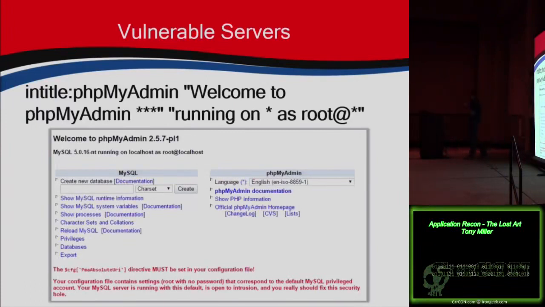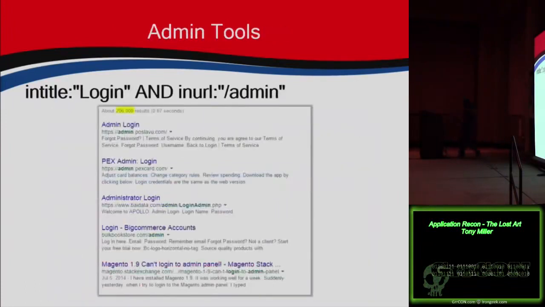So you can kind of start to see where these things lead. Some other ones, I kind of mentioned this before. This is how I find admin sites a lot of times. This is a great one: just find /admin in the URL, and maybe look for login in the title. So now I've got my admin login page. This is where I start to find WordPress logins all the time. You could also do a search for wp-admin.